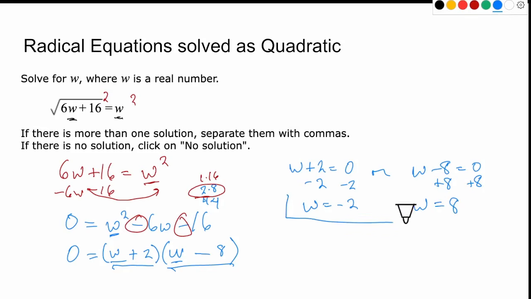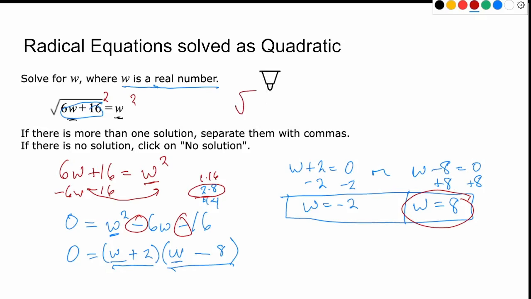Now, be careful. We might say, oh, there are our two answers, right? Well, we've got to go back and do a check, because we've got a square root, and we're told that w is a real number. It's not complex. It doesn't have an imaginary part. So what we have to make sure of is that we don't end up with a negative under the square root. Certainly we could just take 6 times 8, that's positive, plus 16, it's going to be positive. So we're not going to suspect the 8. We're going to say, yeah, that's a good number. But this negative 2 might blow things for us. So we're going to give that a try.